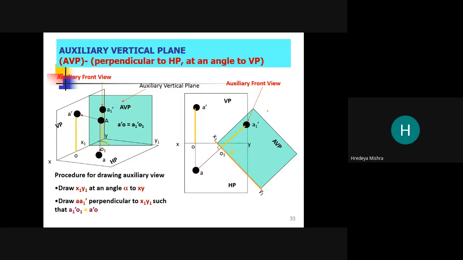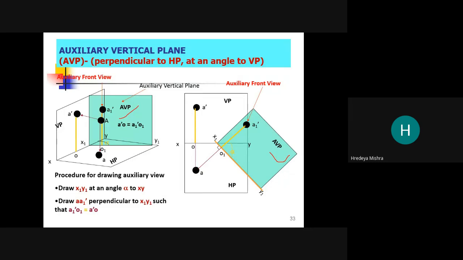This is our auxiliary vertical plane, which is perpendicular to the horizontal plane, and there is an angle from the vertical plane. So this is one example of the auxiliary plane.